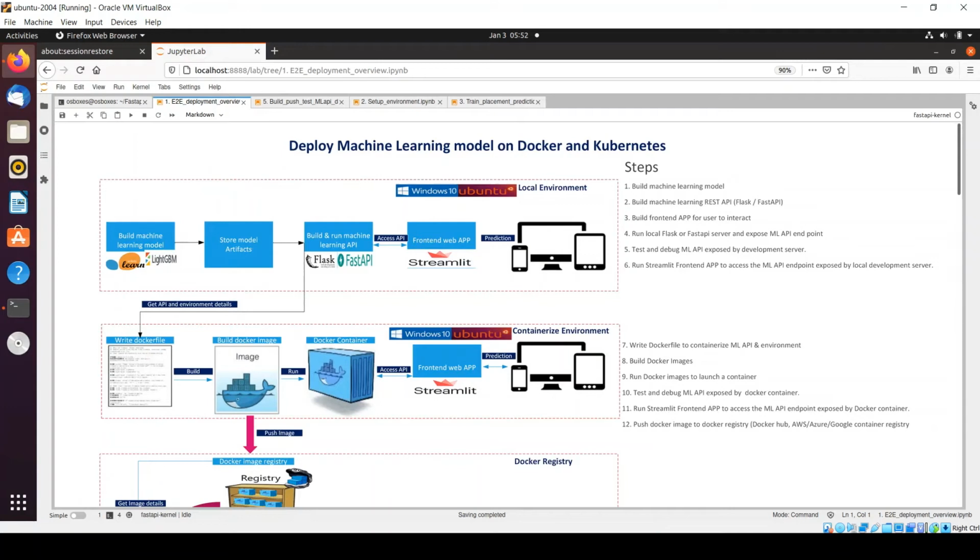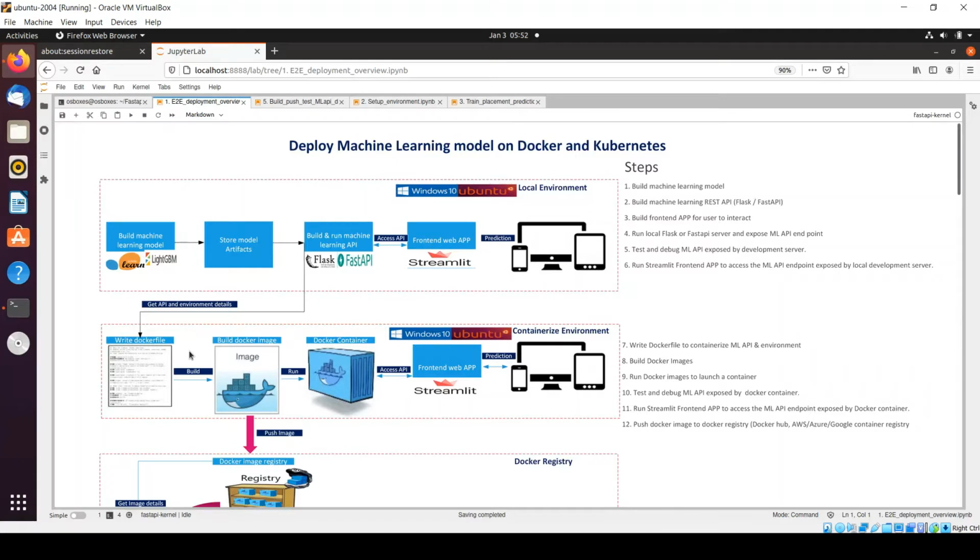In this video, we will see how we can build, deploy, and run any machine learning API within a containerized environment. And as a part of this activity, we will see how we can take different steps required to run any application with the help of Docker. And this starts with writing a small Docker file which contains all the steps required to configure your environment, application, everything. It should be configured within your Docker file.